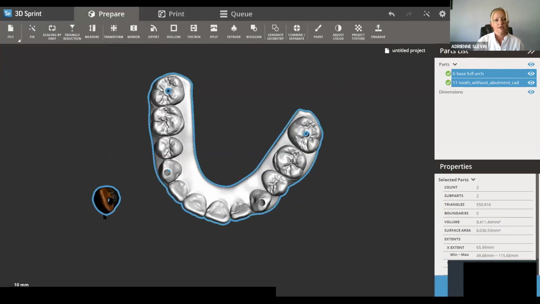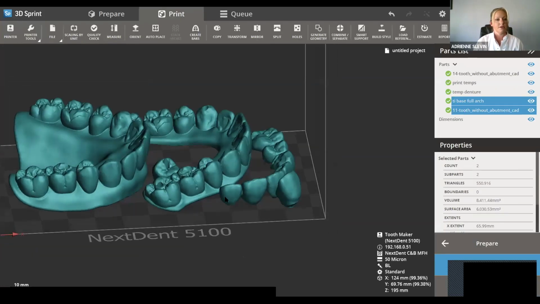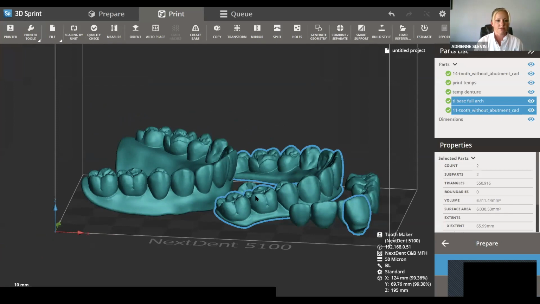And if you guys are 3Shape users, you can also use this to prepare your files and then export them back into 3Shape, because I know 3Shape hates holes and stuff like that. So,